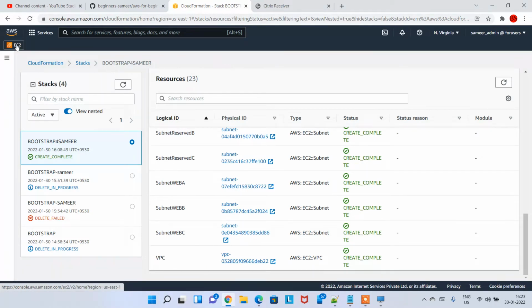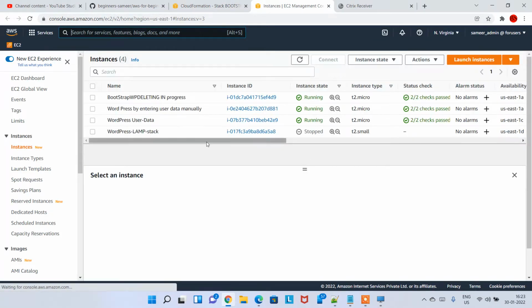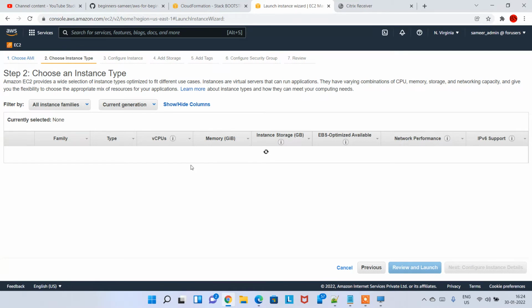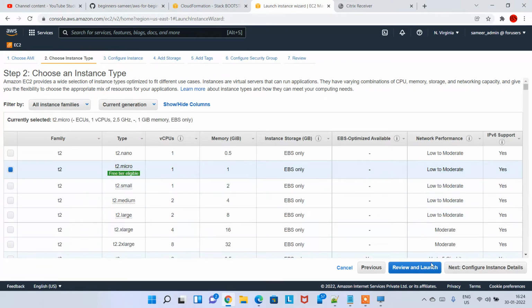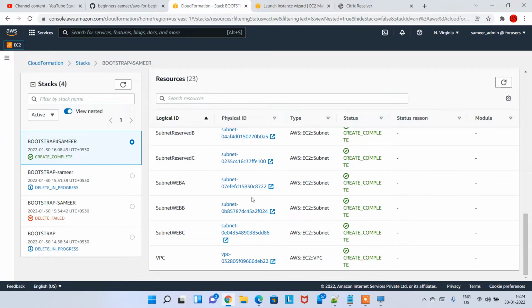So what I'm going to do is launch an instance right now. Just hit on EC2 instance, and there are a lot of instances which are running. Please ignore those things. Maybe in your account it won't be running all these things, it'll be fresh. I was just playing around with a lot of things here. So I'm just hitting on launch instances, free tier only. I'm choosing Amazon Linux 2, and then t2.micro. Here you have to choose the correct VPC, in which VPC we have to create it, because I already created